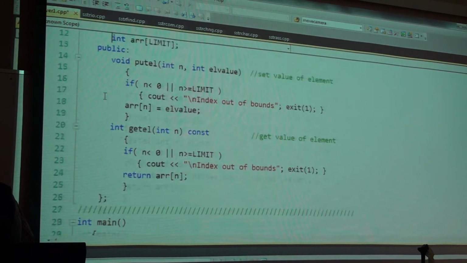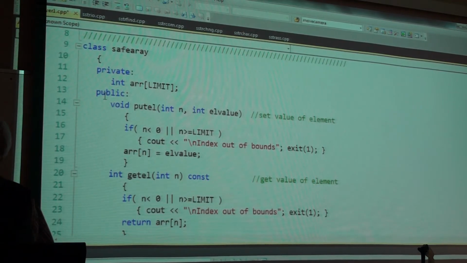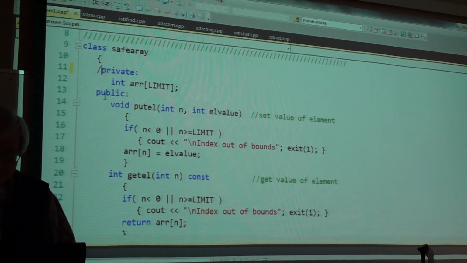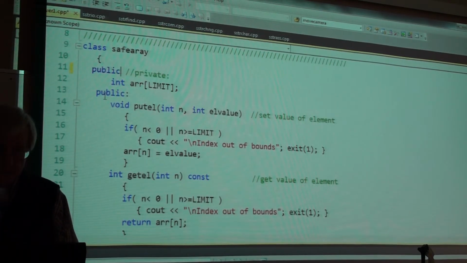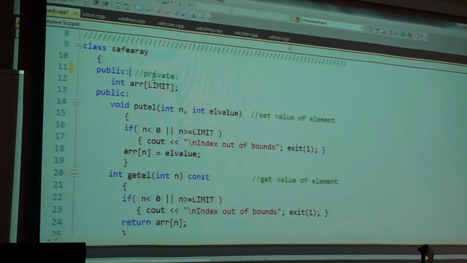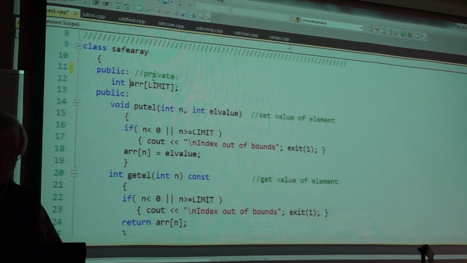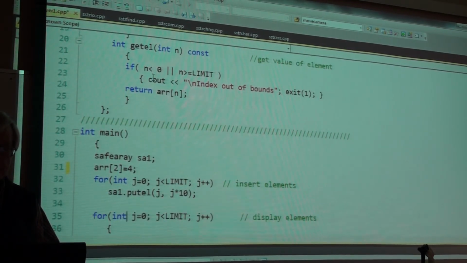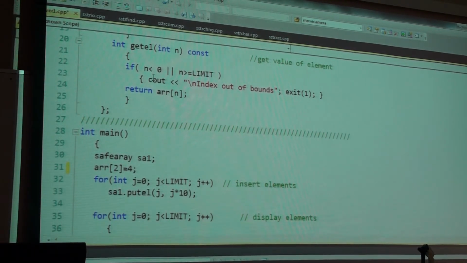Okay? Now, if, heaven forbid, I changed this and made it public. Okay, public colon. So ARR is now a public member, right? A public member of the class. I could then come down here and this statement would be perfectly legal.